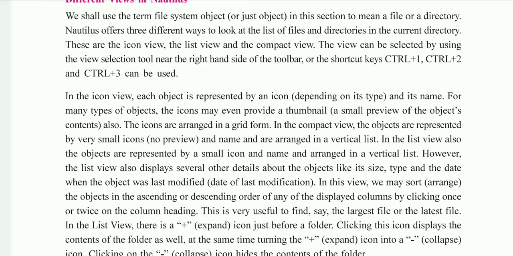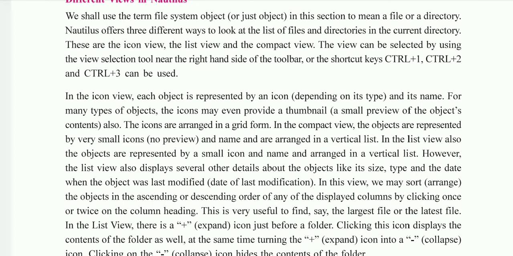The date when the object was last modified, means if you have performed a modification in the file, then on which day, lastly on which date you have opened that file, that also will be mentioned there. And in this view you can also perform the sorting operation, so you can arrange your objects in ascending or descending order.